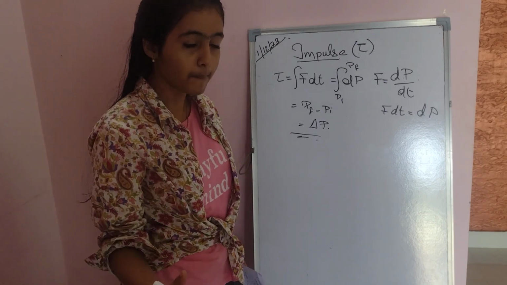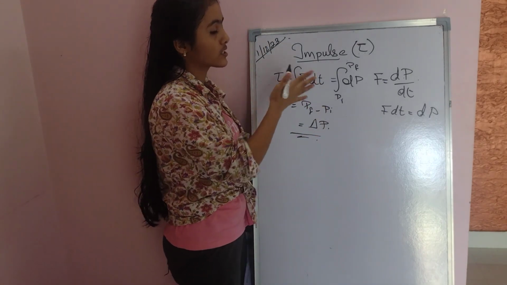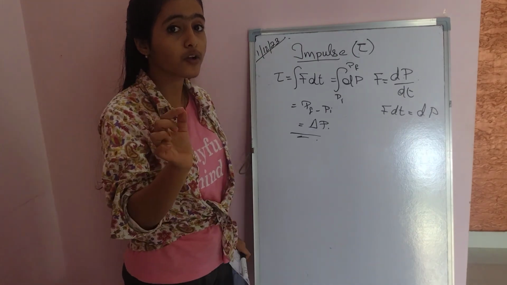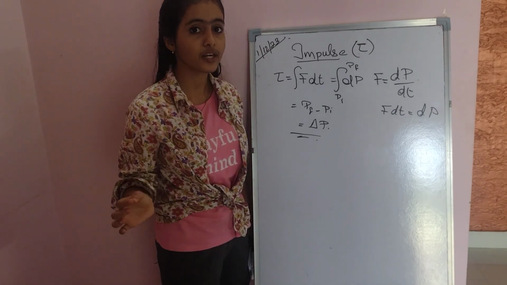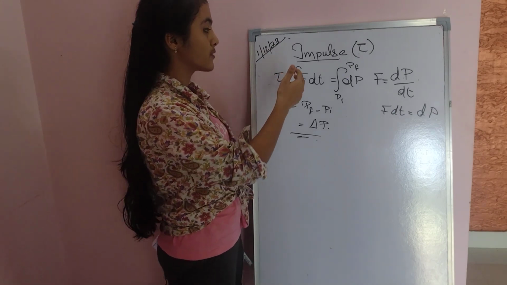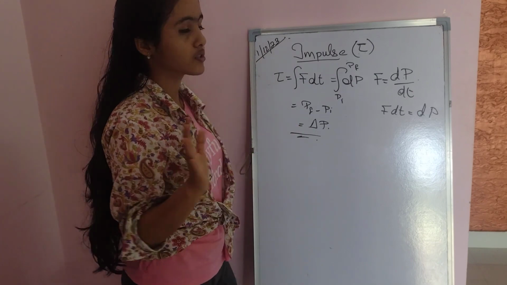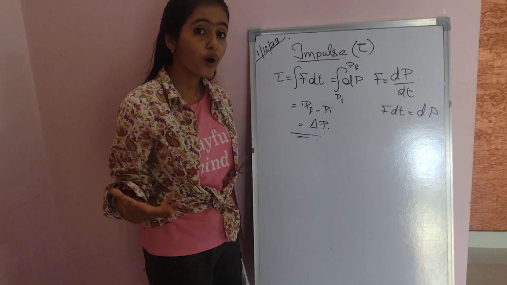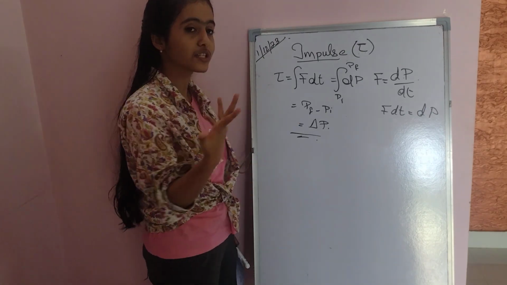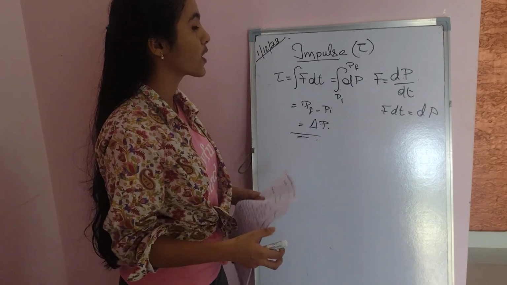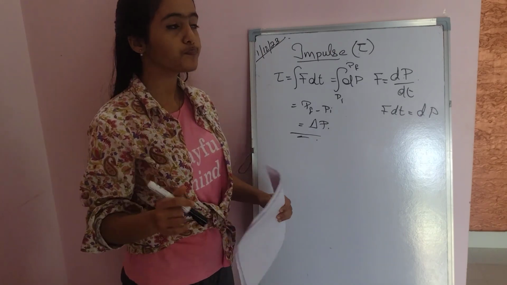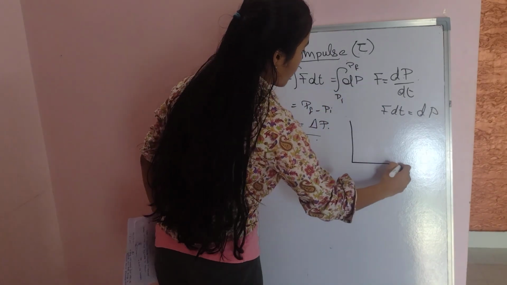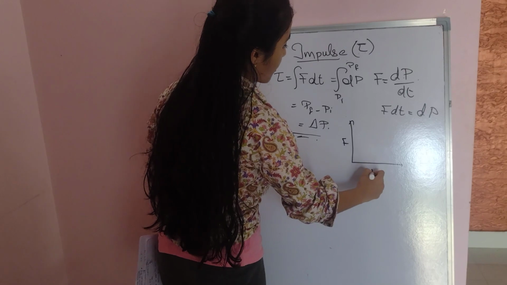Whenever we are asked for impulse, we cannot directly calculate the small time interval, because it is very small. We can maybe calculate the force, but not that small time interval. Therefore we define impulse as change in momentum. Now we can calculate impulse, because we only have to find the change in momentum. Now if we are given a force time graph,